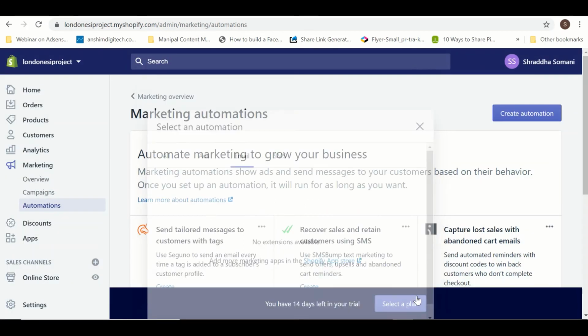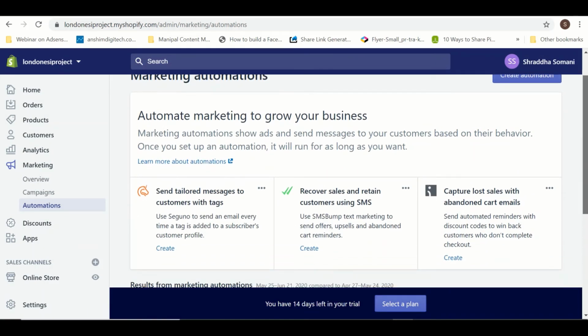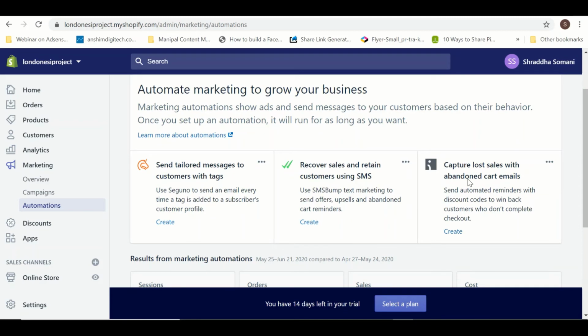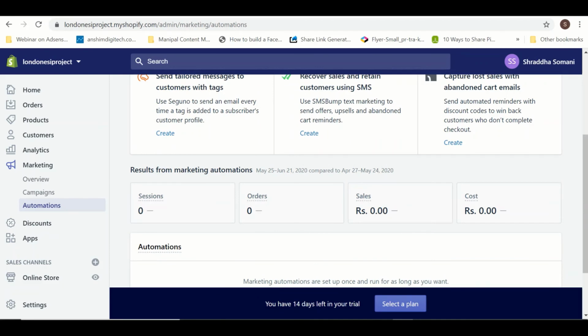And after that, you can see the options over here: capture lost sales with abandoned carts. That means for people who have abandoned carts, I can select after how many days I want to send them a reminder message, right? Retaining the customers, I can do that. So all these automations I can create with Shopify.